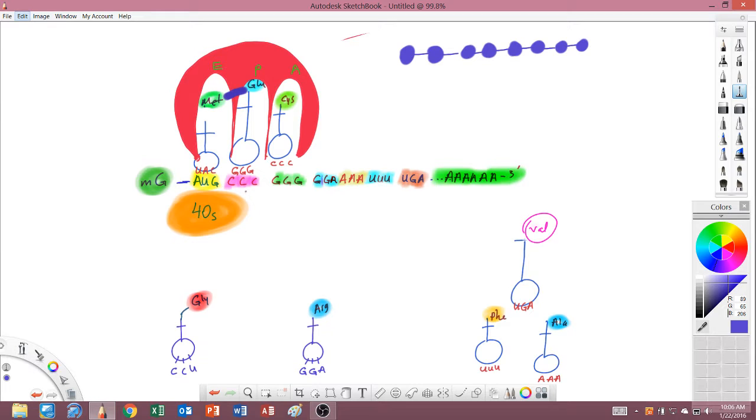So there are two criteria for the A site to accept tRNA. Number one, the tRNA must be loaded. Number two, the anticodon must match the codon. Step one, step two. Once this is done, then the tRNA plus its amino acid is switched to the next site, which is the P site. There, it can be attached to the growing chain of amino acids.